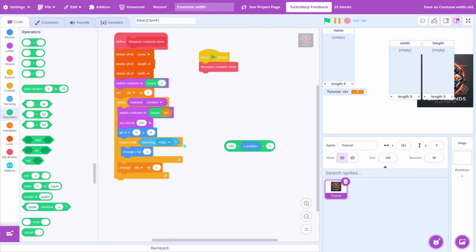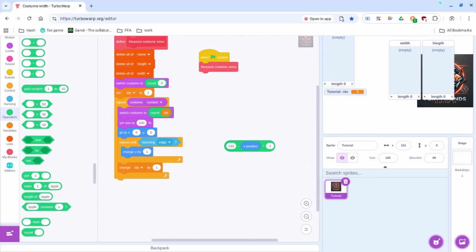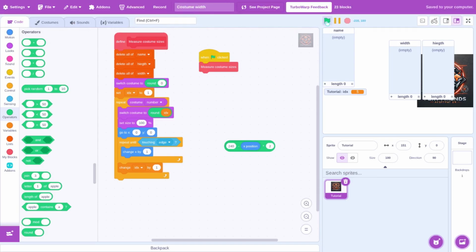Notice that because the touching blocks aren't fully accurate, we can make this a bit more accurate by decreasing this number. So if we set it to 0.5, then we'll get a more accurate number. If we set it to 0.1, then it'll be a bit more laggy, but we'll get a lot more accuracy. I like to keep this at 1 because costume widths don't have to be pinpoint accurate. But depending on the accuracy